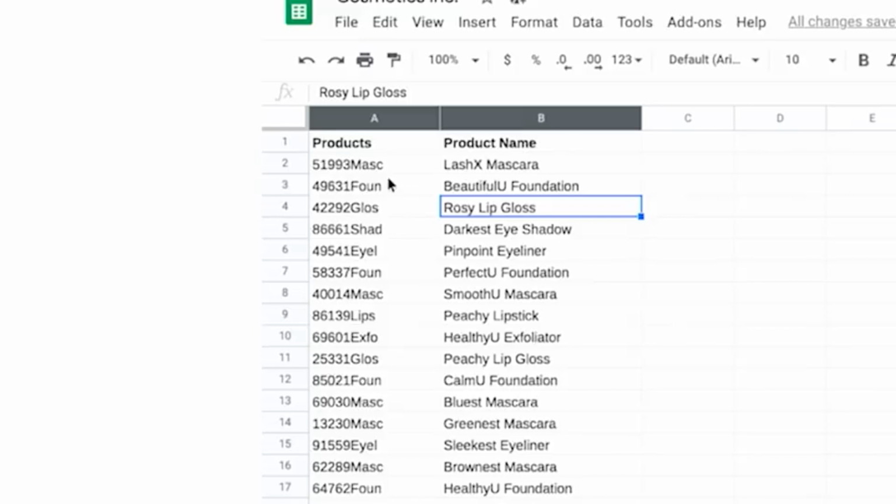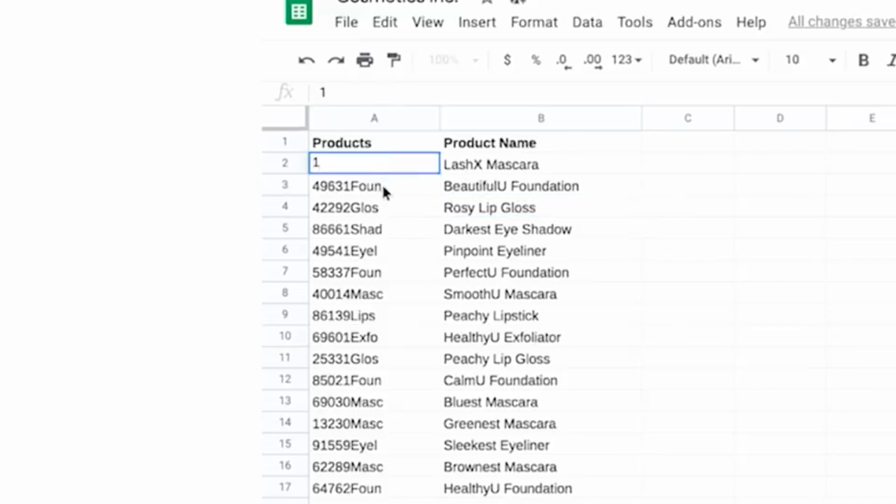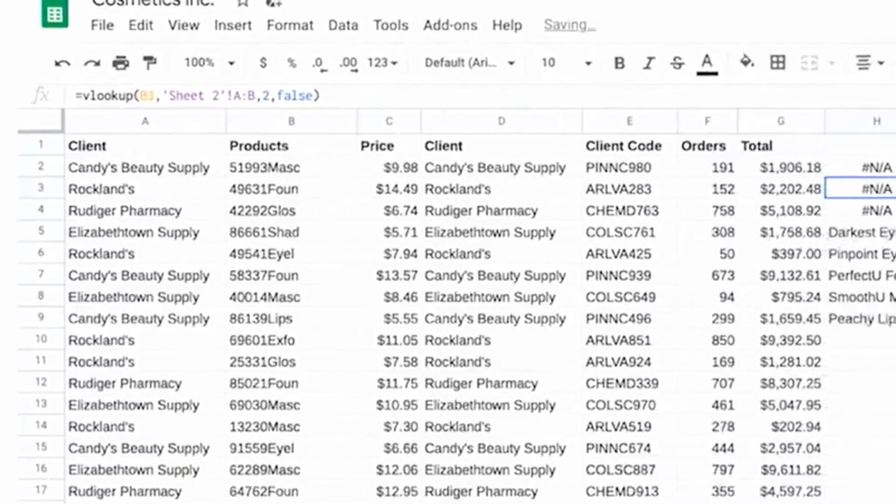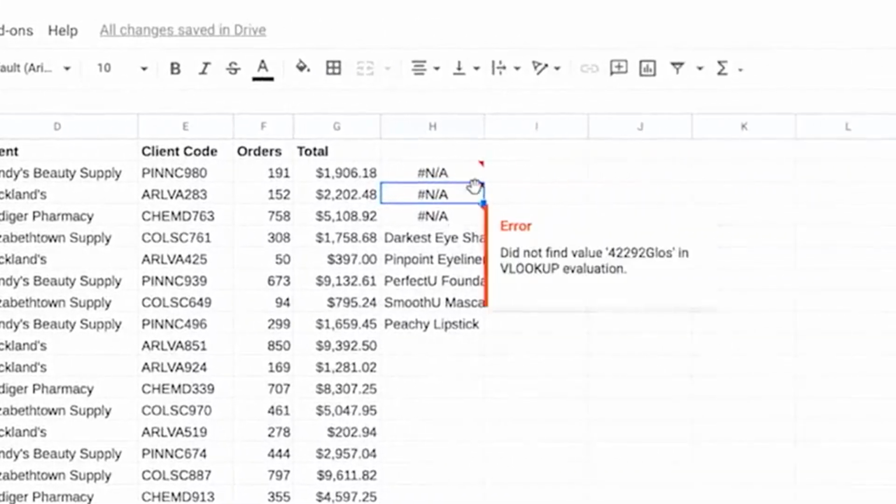Something else that can throw off your VLOOKUP results are version control issues. In other words, a function worked perfectly at first, but then something in the spreadsheet it was referencing changed. For example, maybe a user inserted a column. So now the columns in your function no longer direct VLOOKUP to the right place. When something like this happens, it'll return an incorrect value.